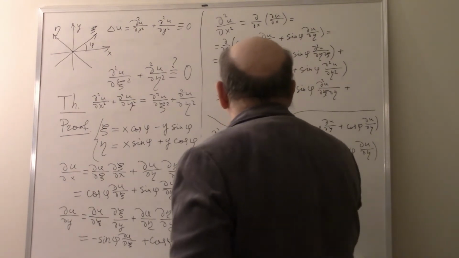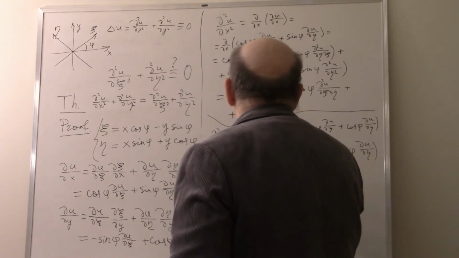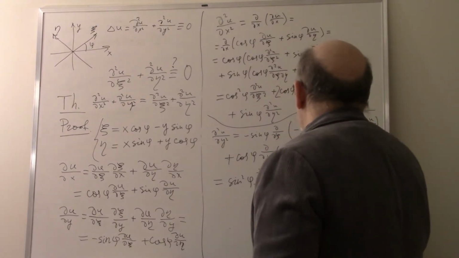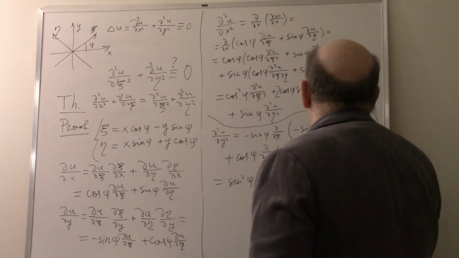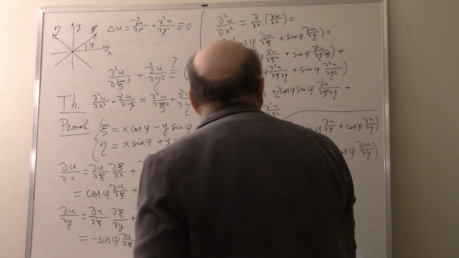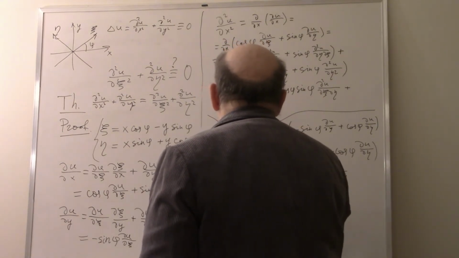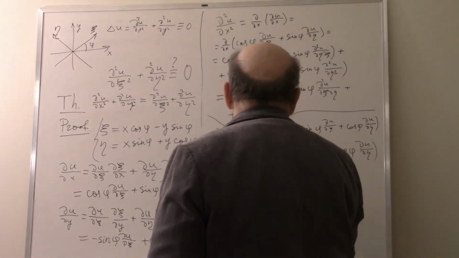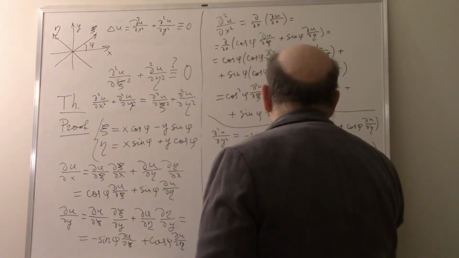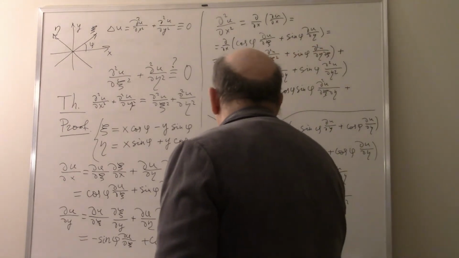So what is this? Minus sine theta sine square phi ∂²u/∂ψ² minus sine phi times cosine phi ∂²u/∂ψ∂η plus, no, here minus cosine phi sine phi ∂²u/∂η∂ξ, and remains plus cosine square phi ∂²u/∂η²,